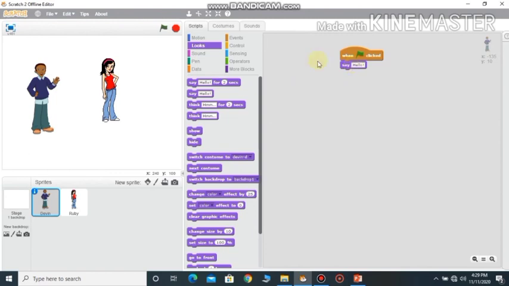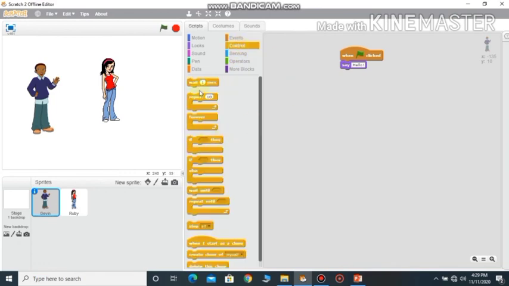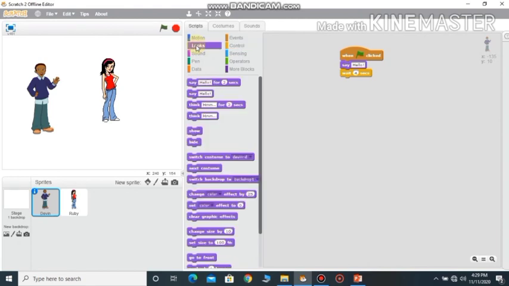Okay, let the sprite say hello, right? Next, after saying that, it should wait for 4 seconds. So I'll go for the control block. Wait for 4 seconds. Here the value is 1, so I have to change it to 4. Okay, children. Next is from the looks block, say. We are just creating a conversation between the two sprites, right? So I'll take the say block from the looks block. Here hello is there. Instead of that text, let us type something else.